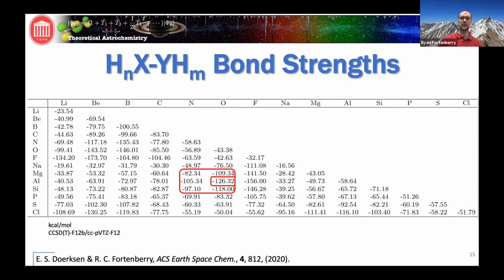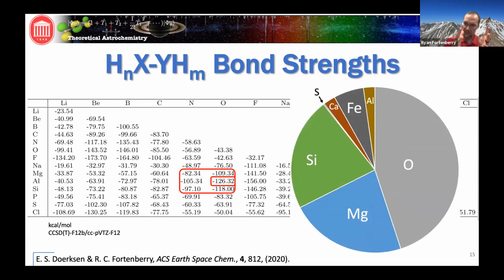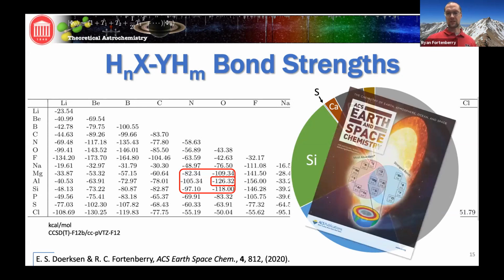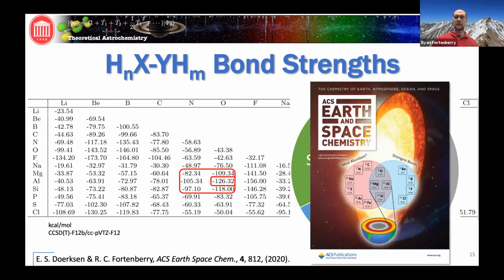But what did surprise me was the molecule that we were using to calculate this. The abundances of these strong bonds also happen to coincide, that's all I'm going to say, but they happen to coincide with the abundances of the most common elements in the Earth's crust. Is there a relationship? I don't know. Let's explore. For postulating such an abundance, they put this on ACS. Coincidence, rather, not abundance. They put this on the cover of ACS Earth and Space Chemistry.